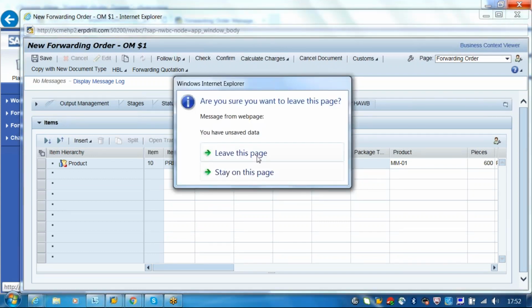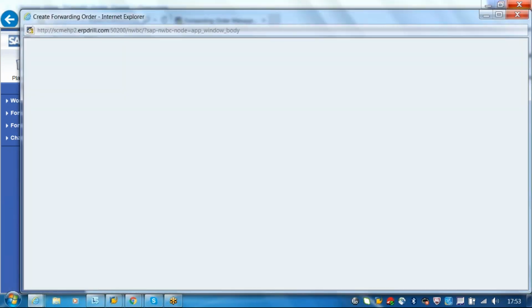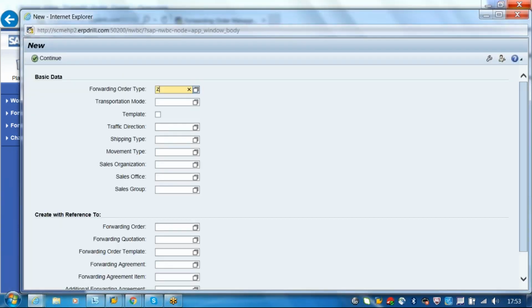I will create a specific one. I will not copy. I will create something from standard. You can use ZFWO. Yeah. Okay. Transportation mode 01. Okay. Traffic direction, it's not template, 1 and shipping type 17. Movement type I will say DD. We will see what will happen.